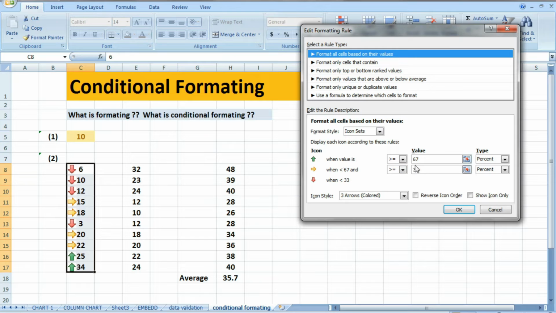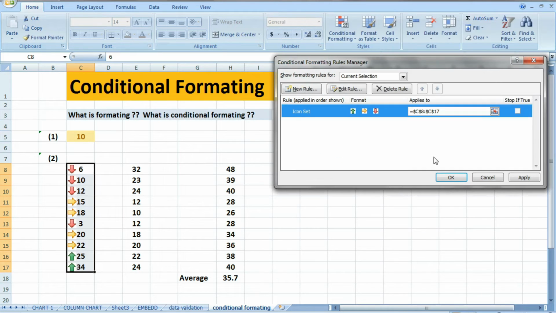Value is greater than or equal to 67%. Okay, when it is between 67 to 33%, it shows a yellow arrow inside, but when below 33 it shows red color. So based on that you can change the settings. Suppose this is 50, that also you can do here. Okay, this is apply and okay.